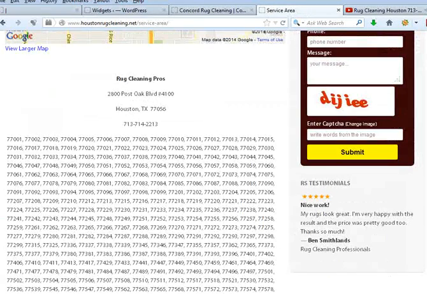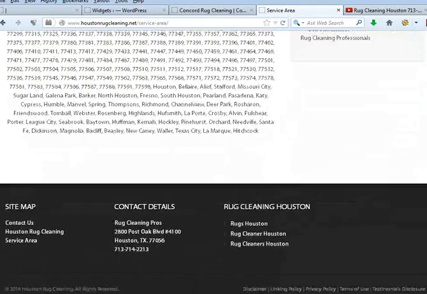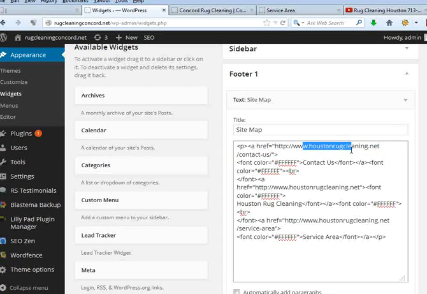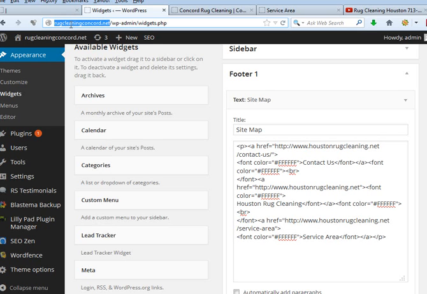And if we go to our model site at Houston Rug Cleaning, here's our site map, and this is what this will produce. So we're going to want contact us, Houston Rug Cleaning Service Area. As you can see, this has the Houston Rug Cleaning thing in here. We want to go up here and just after the .net or the .com or whatever it is, copy that and put it